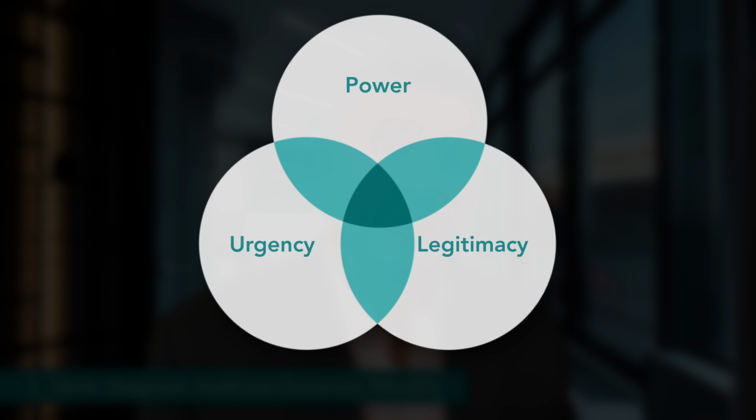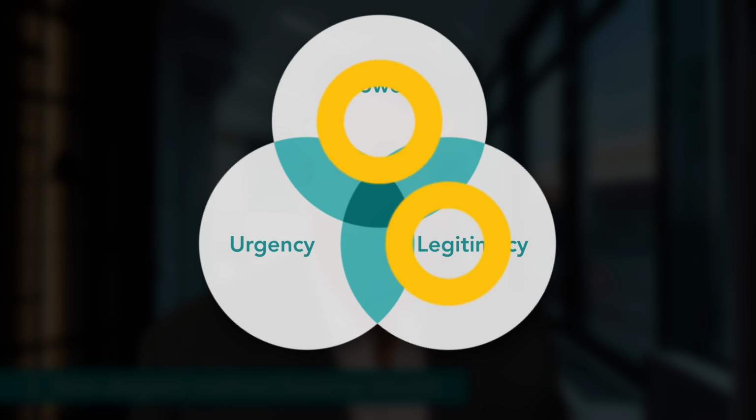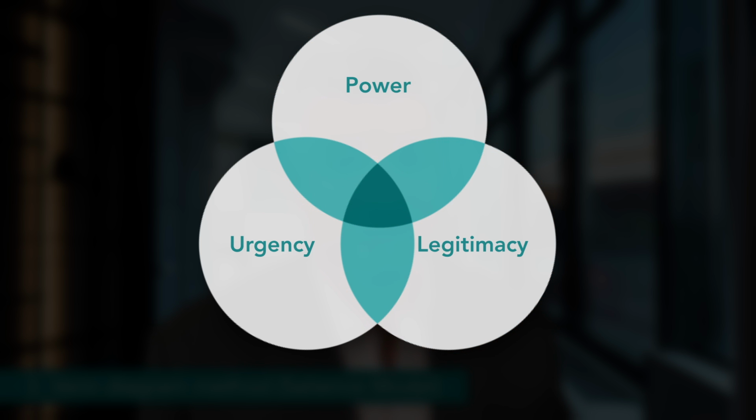In this instance, the host has high power and high legitimacy because they're paying for the event. The guests with special dietary needs have high legitimacy because of their health requirements. The foodies have high urgency, power, and legitimacy because they're obsessed with efficient service. They know their stuff, and they're probably posting to Instagram and TikTok in real time. And guests who would prefer pizza, well, they've got high power because they're close friends of the host. Thanks to this model, which is called the Stakeholder Salience Model, you were able to create a memorable dining experience for everyone.